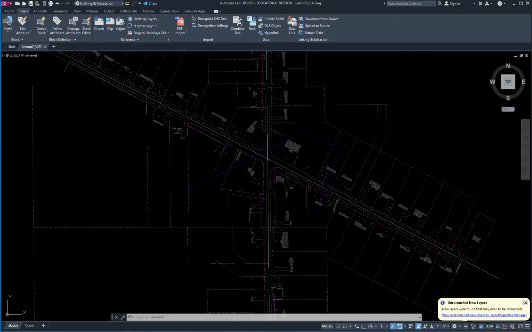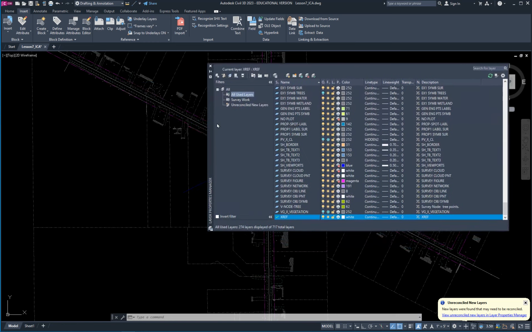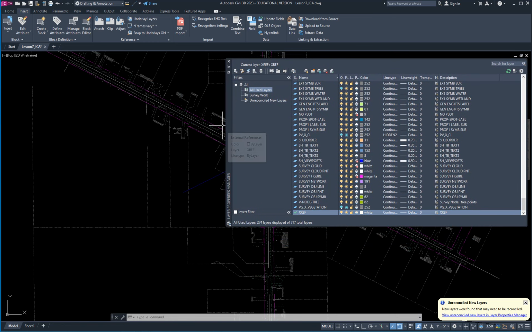And if I bring back over my layer dialog box, I can prove this by turning off the layer it's on. So when you attach an Xref, it attaches it on the layer that is currently active. And so we made this layer Xref, I made it active, and then I attached to my file. That file lives on this layer. If I turn this layer off,